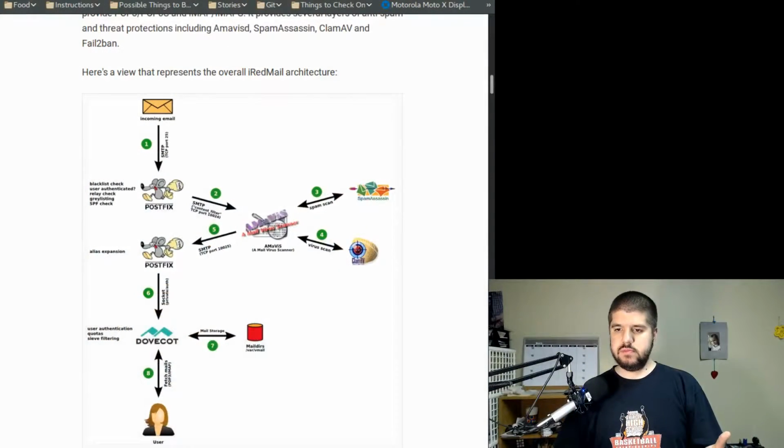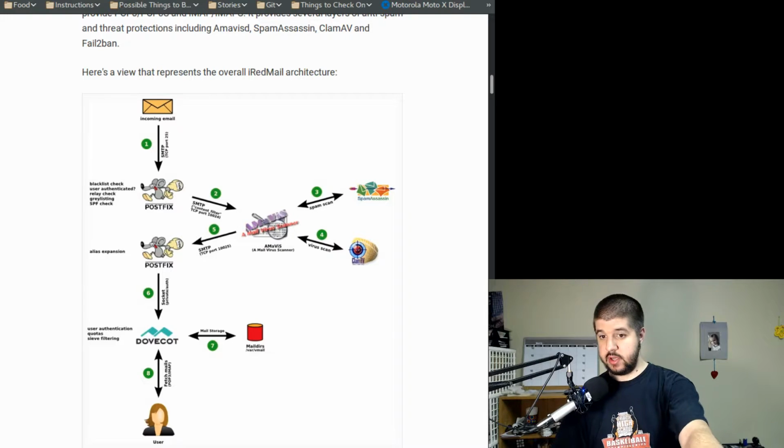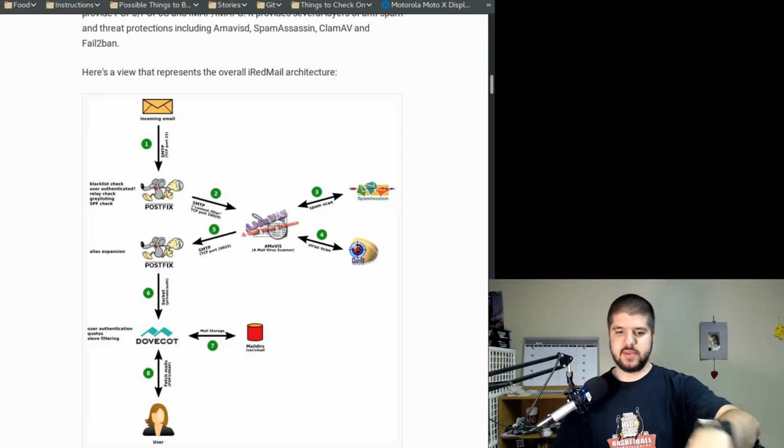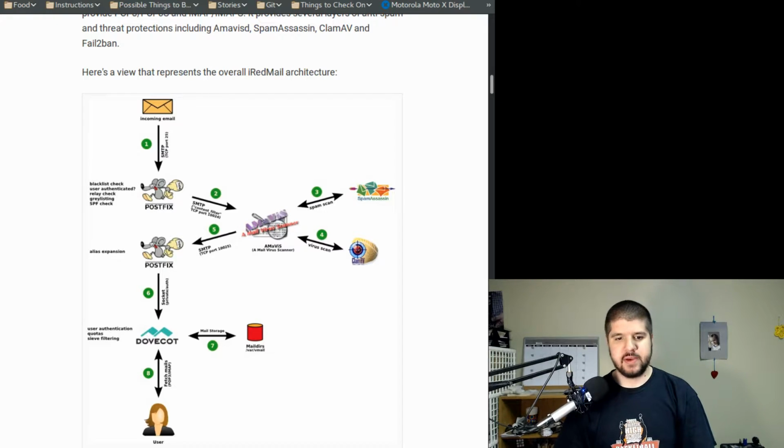Okay, one thing we haven't looked at yet: we looked at what makes up iRedmail. Here we see the way the path goes. As we mentioned, it doesn't specifically state the webmail clients. The other thing that can be kind of important, if you're thinking about using this,